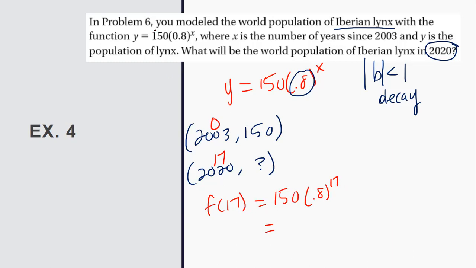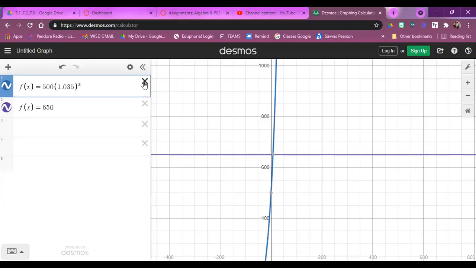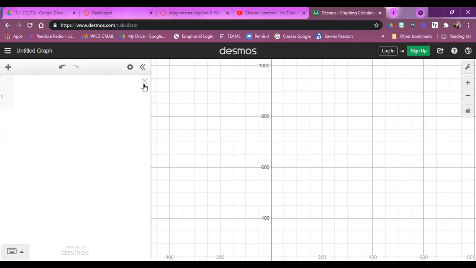So again, I'm going to go back to my handy dandy calculadora and calculate that. So I'm going to type in 150 times 8 tenths to the 17th power. And I get